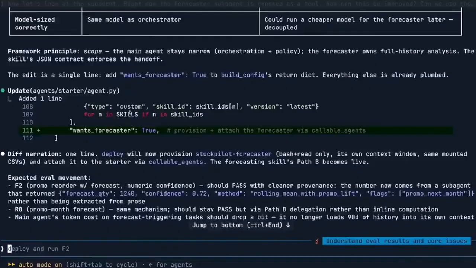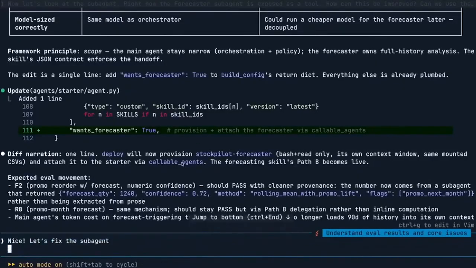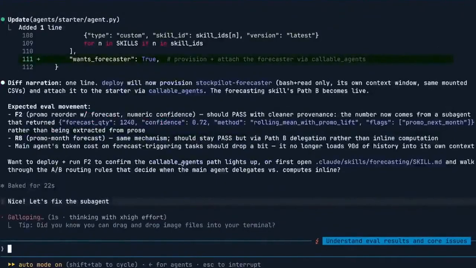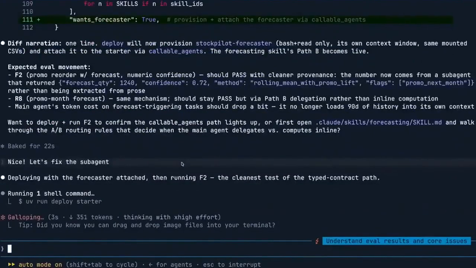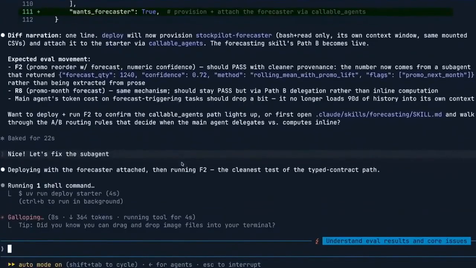So I'm leaning on that second example of when to use a subagent as the place where we'd like to go about doing this. In this case, we've removed our other subagents and replaced them with primitive tools, but we are going to leave the forecasting subagent. Now, we're not going to expose our subagent as a tool. Using Claude Managed Agents, there's a native capability for subagents that allows the logging and the observability of your subagents